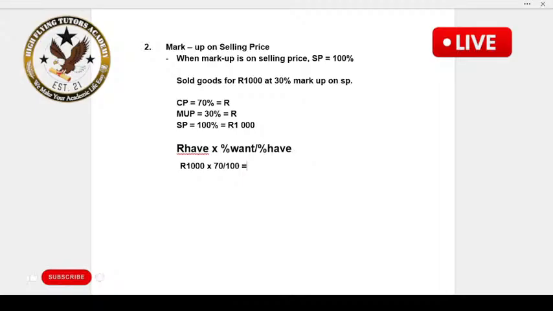How much is your cost price in rand? Remember, markup is on selling price. 1,000 multiplied by 30, because it's the percentage for the amount we want. We divide by